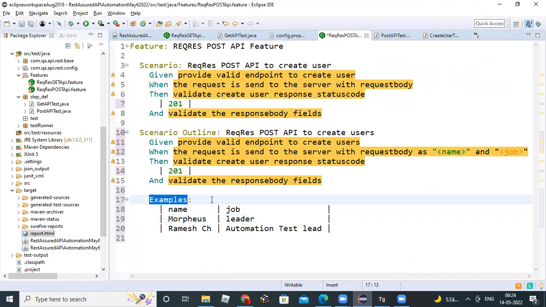Some scenario users we created, which is not coming. Create users. When the request is sent to the server with request body as name and job. Job is why it is